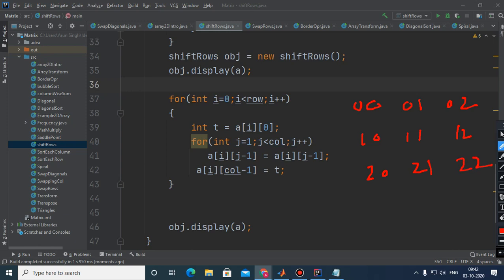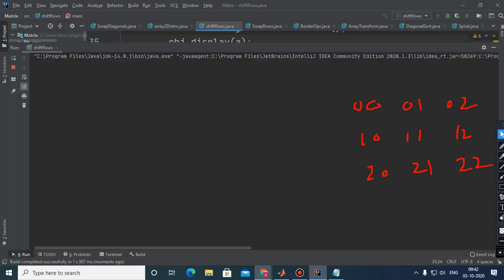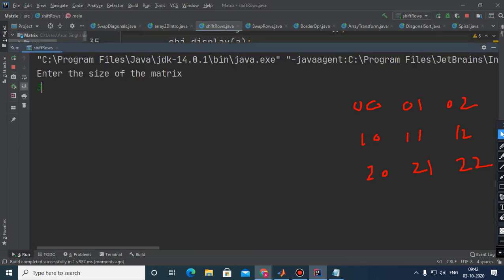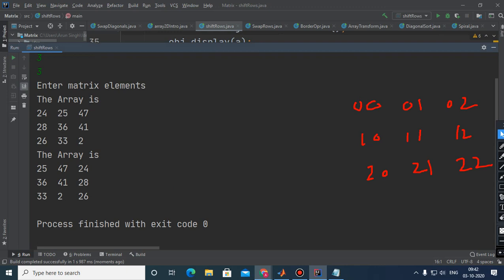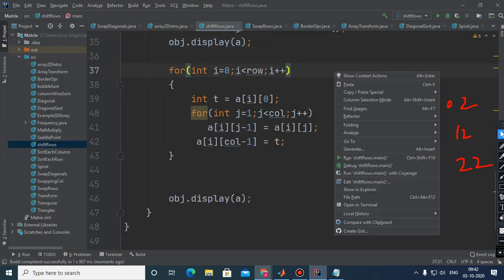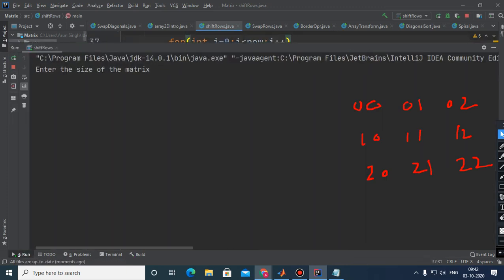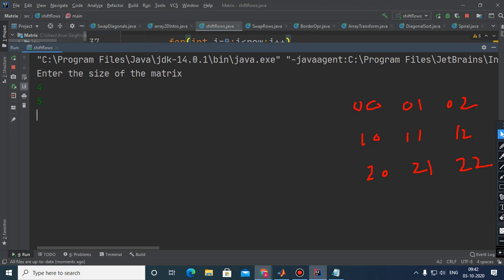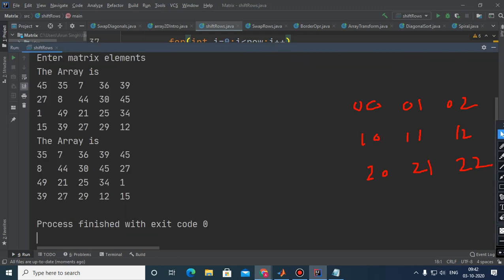Oh, the mistake which I have done, it is j minus 1. That's why it is not coming. Now you can see that columns we have shifted. And if it is not a square matrix, then also it will work. Suppose it is of 4 by 5. No issues.